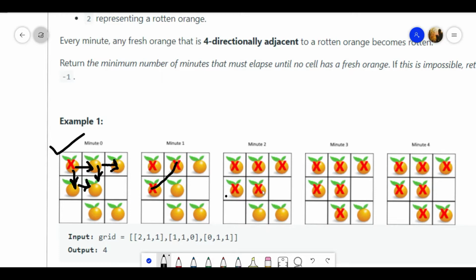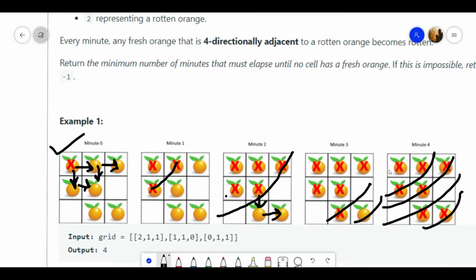And after that, due to this orange, this will get rotten. Due to this orange, this will get rotten. So it happens in around 4 minutes. So we can see how it's working. First these two got rotten, then basically this got rotten, then this, and then this. So it worked like this, and this. So this is like traversing first to the neighbors and then to the neighbors of the previous node,